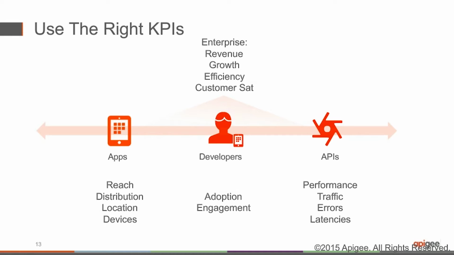And so the kinds of things that you want to measure are how many developers are engaging with you, how many developers are using your APIs, what are the types of products and applications those developers are building, so that if they're building applications that are driving interactions with your business in the right way, then you want to promote them and you want to encourage them. But if you have developers who are building applications that are resulting in poor experiences, high failures, then you want to work with those developers to